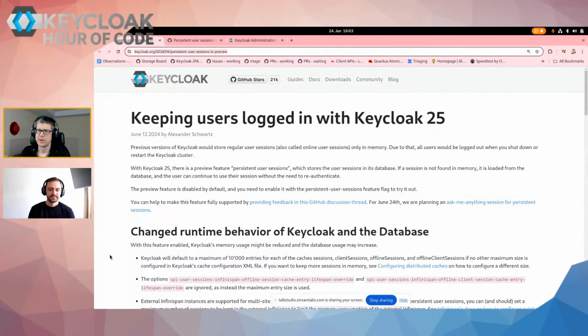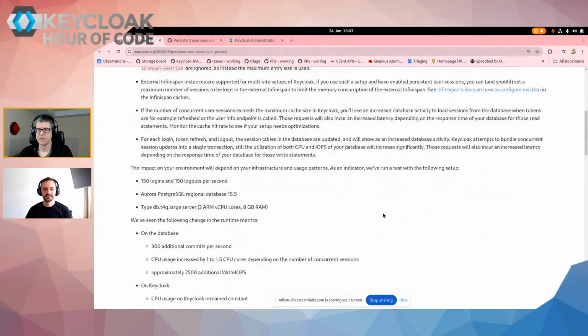Not sure people had a chance to try it out. The idea is we walk you through all the steps about persistent sessions, how to work on this, what are the ins and outs, how we tested it with performance,